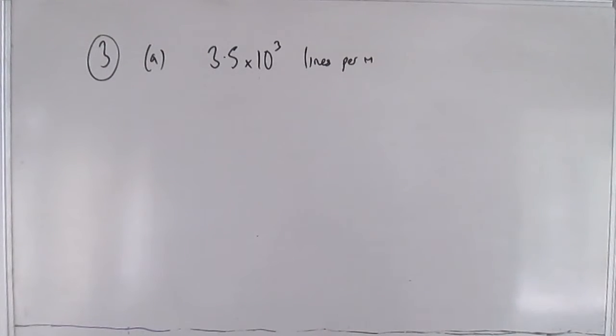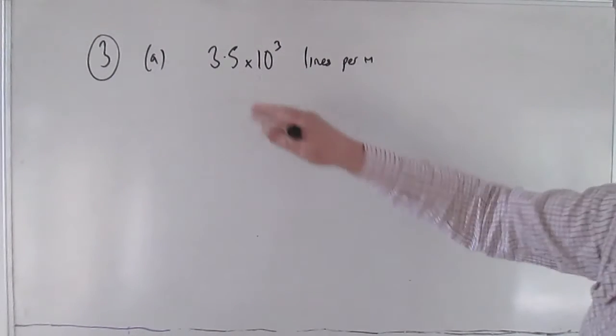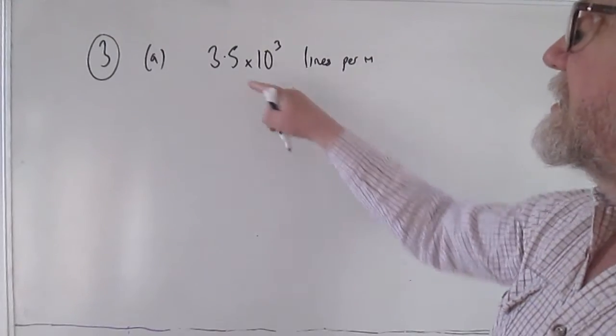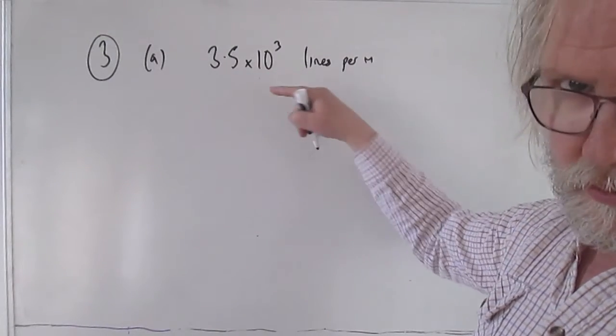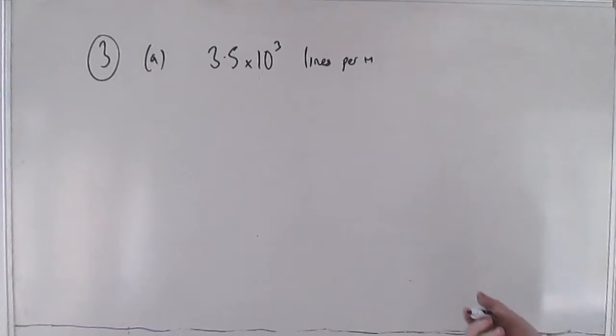3 part A, then it says, right, this is what it says on the diffraction grating, that there are 3,500 lines per metre, and it wants to know what the percentage uncertainty in that number is. So this is the kind of question that you don't want to overthink and start thinking, oh, well, how did they measure it? Wouldn't it depend on the accuracy of the instruments they use and all this kind of stuff? All you're doing is just saying, right, let's look at this number, and you can see it's given to the nearest 0.1. In other words, the resolution